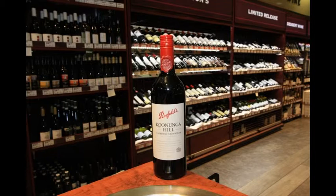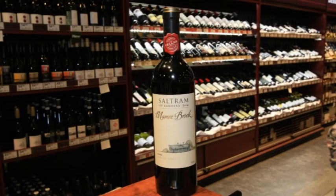Yeah. And also on the palate, the palate follows nicely along from the nose, which is obviously what you want, and you're getting some of that leafiness, a little bit of blackcurrant fruit on the palate, which tells you that it's Cabernet. So that probably fights well above its weight in terms of its price point. Absolutely. Great wine. Next one I've got here is the Saltram